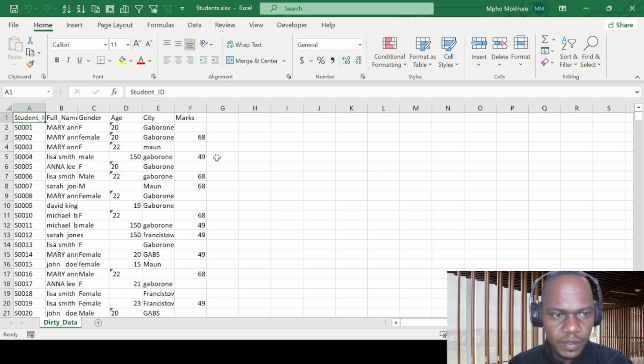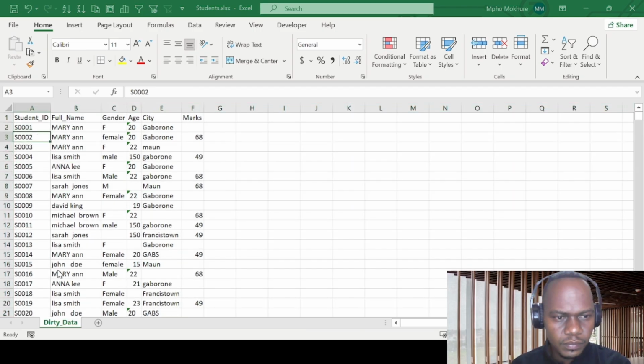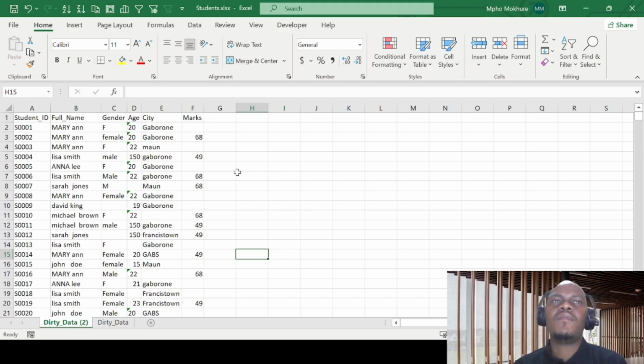Excel. If you can see here, this is a list of students. We have student IDs, their names, gender, their ages, the city, and the mark. You create a copy, then you work on the copy. Okay, so step number 1, firstly, we are going to